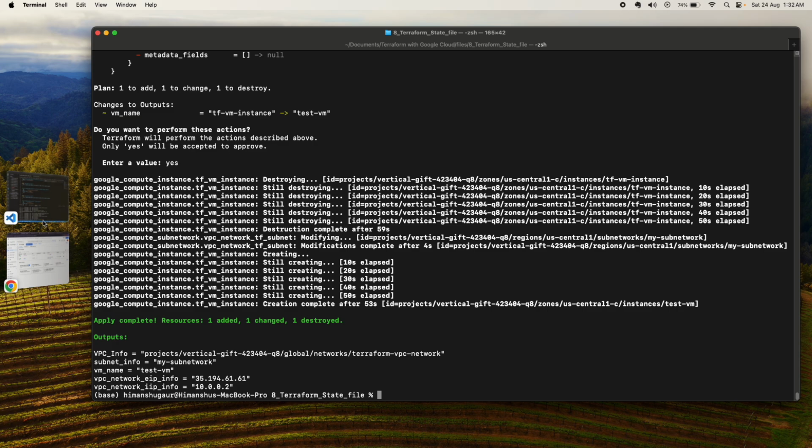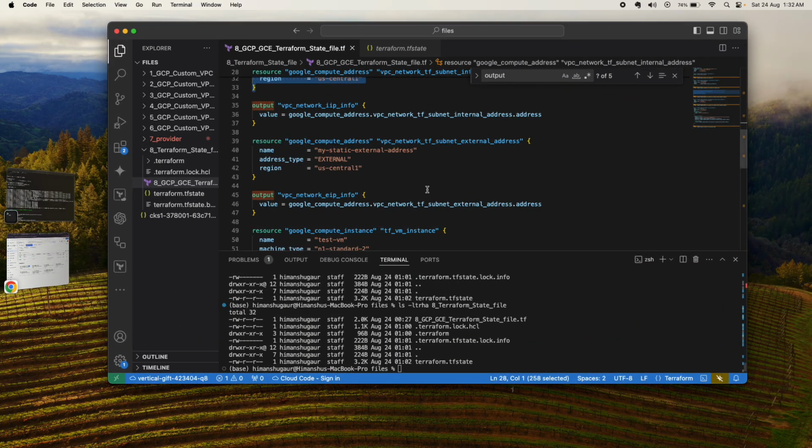We learned that whatever is mentioned inside the TF file is my desired state. And whenever we fire the terraform apply command, the desired state must be maintained by Terraform, and accordingly Terraform will update the Terraform state file, which will be my current state file